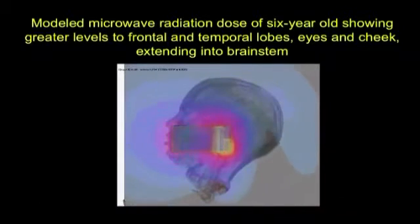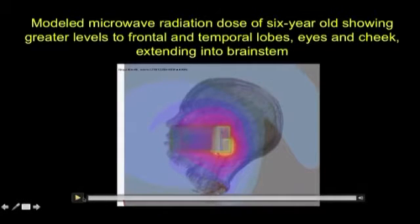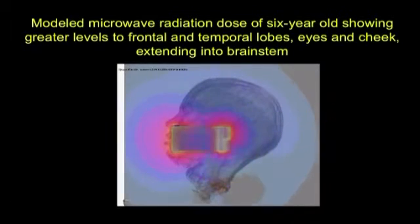Now, yellow, white, and red are the hottest, all right? And if you look carefully, you will see it's going into the eye, the nose. Do it again, just so you'll get to see it. And partly into the brainstem. Now, that's just showing you that there's going to be some exposure into